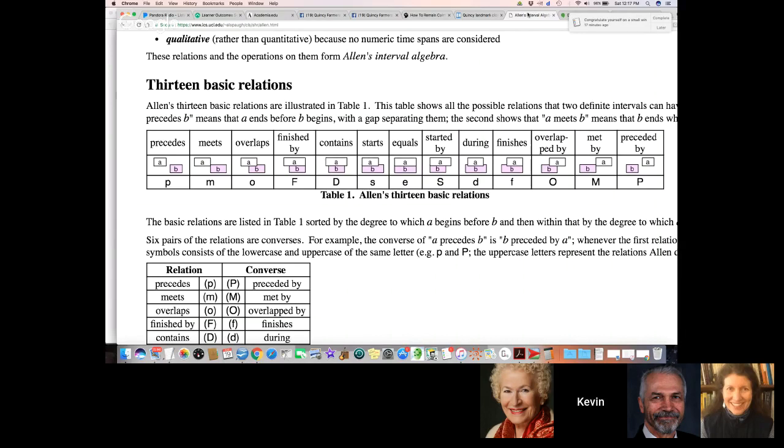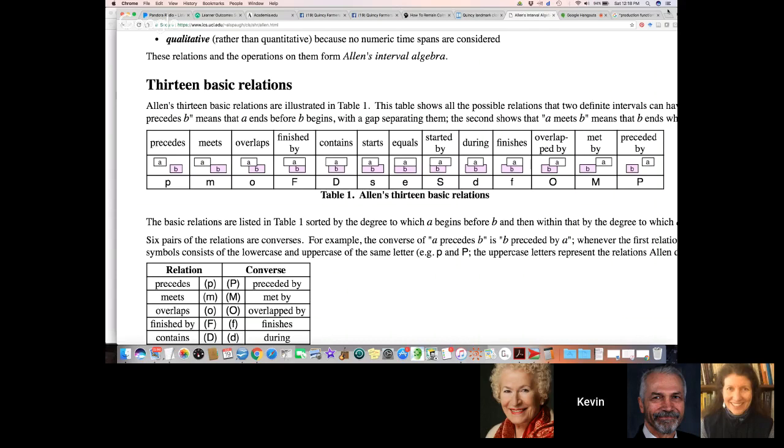They're not mathematical relations. I try to make that distinction because I think it's an important distinction. If we look at those, what do you got? 1, 2, 3, 4, 5, 6, 7, 8, 9, 10, 11, 12, 13. We have 13 natural language relationships, and those are really